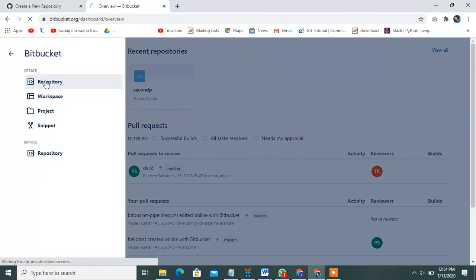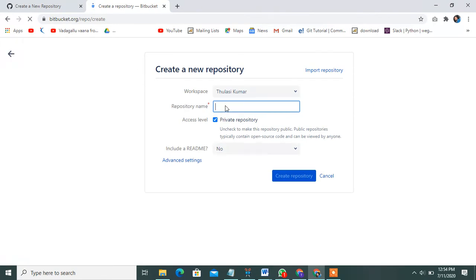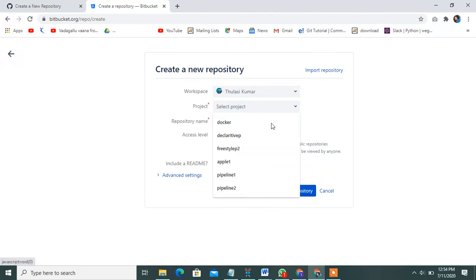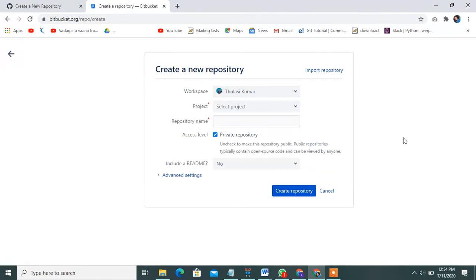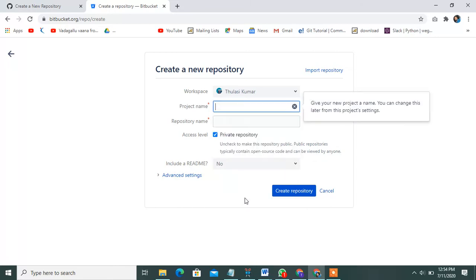Create repository, repository name. See this guys, observe how to create the repository.